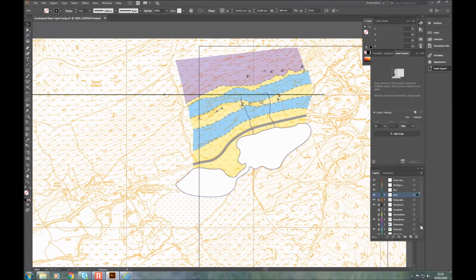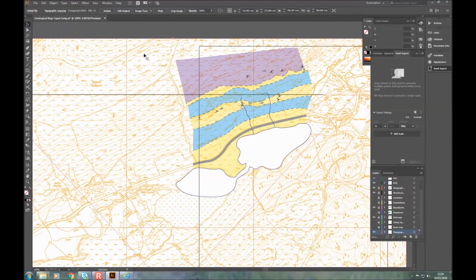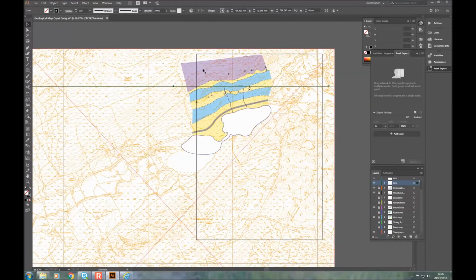And we can actually use the size of the topographic map as an indicator. So the width of the topographic map is 736 millimeters. So we can just make all of our grid lines change their width to be 736 millimeters as well. So we just align it into position,